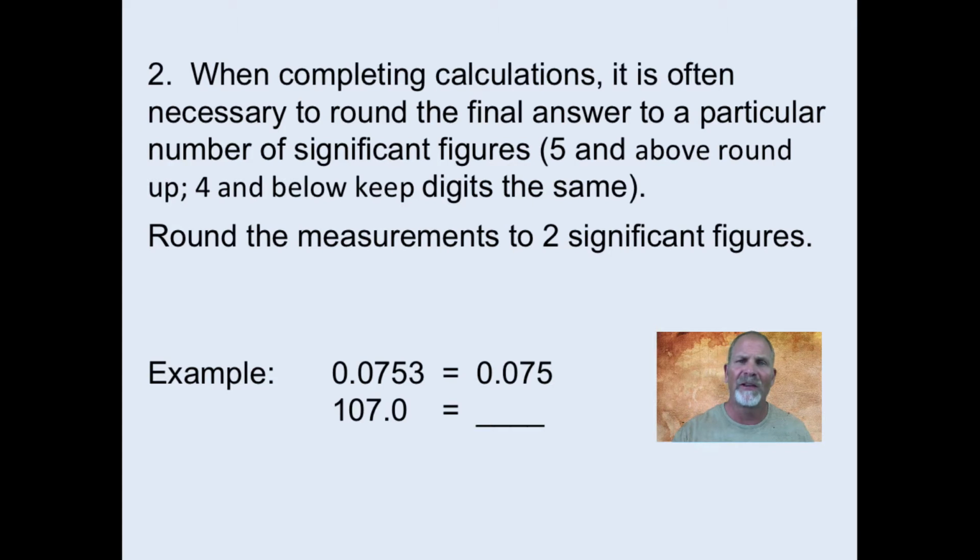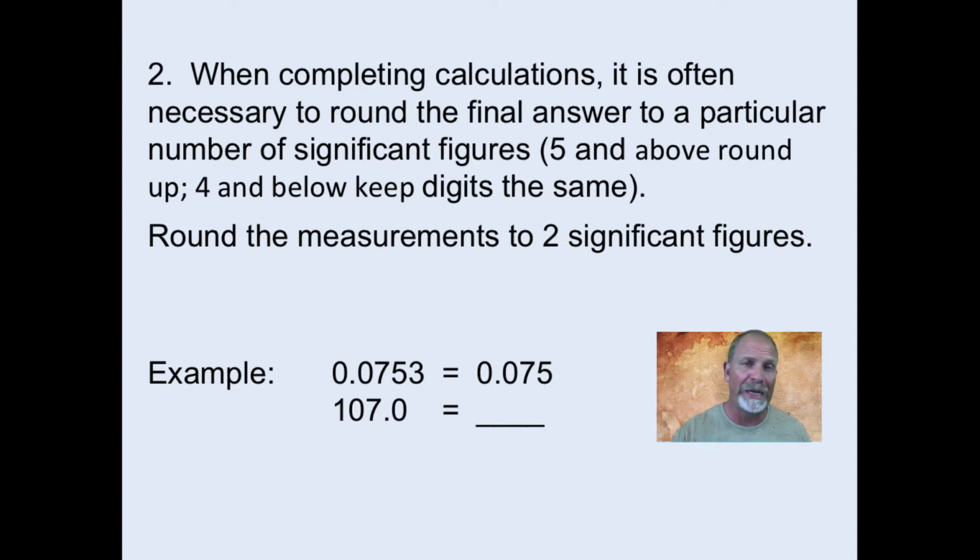Now when completing calculations, it's often necessary to round a number. The rule of thumb when we round a number is we look at that number's next digit to the right and ask this question: 5 or above, we round up; 4 or below, we keep it the same, or we just drop it off, depending on where it's located, to the right of the decimal or to the left of the decimal. If it's to the right of a decimal, you just drop it because it's no longer